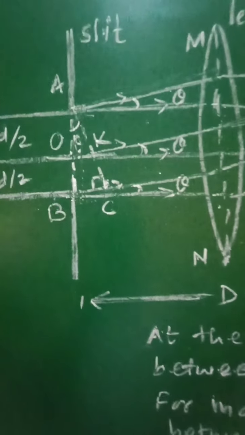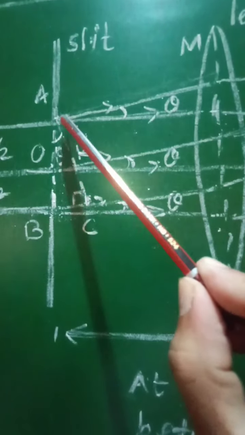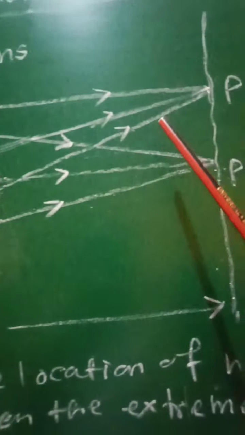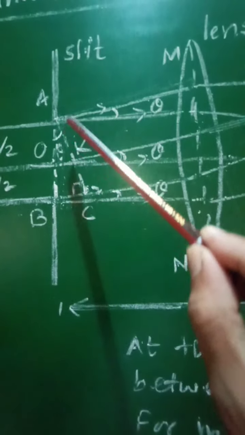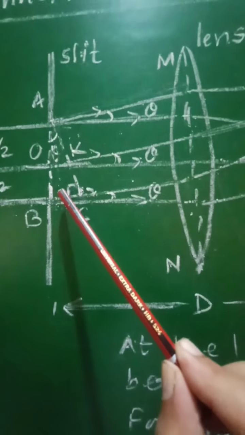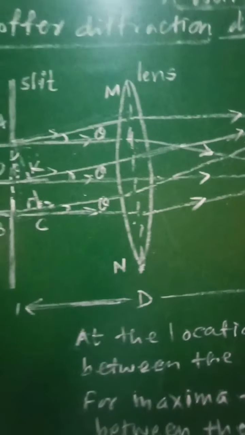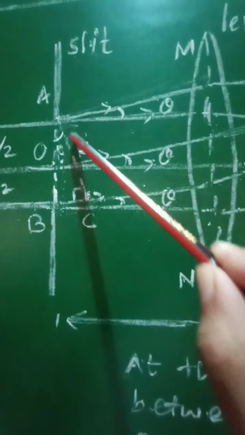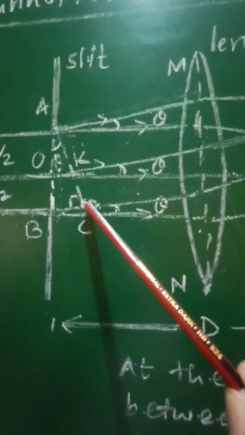And therefore, if you consider now all the rays of light which are emitted from points A as well as B, they will not reach simultaneously to point P on the screen. The distances covered by these secondary waves emitted from A, O as well as B to reach point C will not be the same, and therefore let us draw a perpendicular AC on this ray of light. So AC is the perpendicular drawn here.